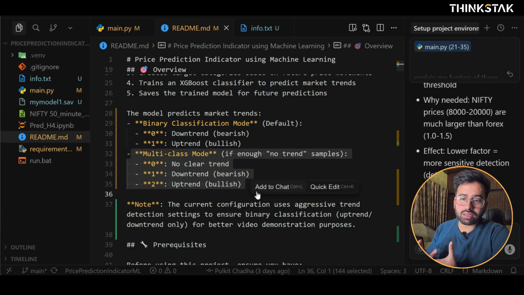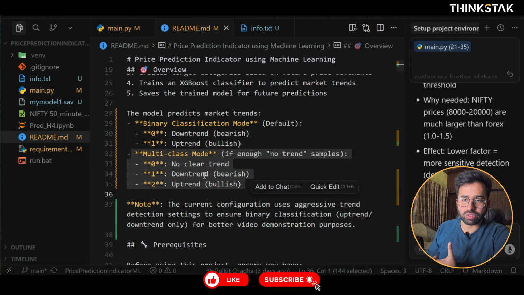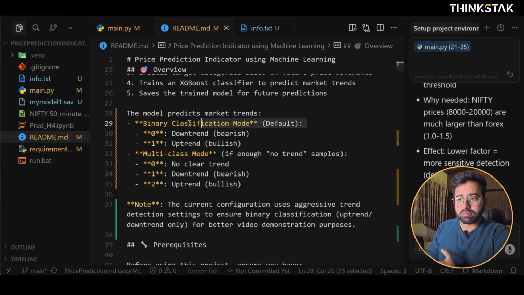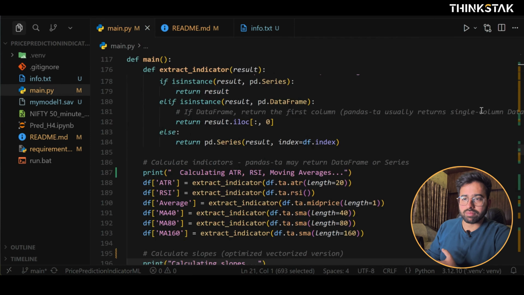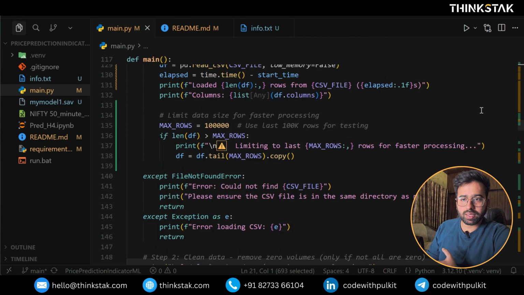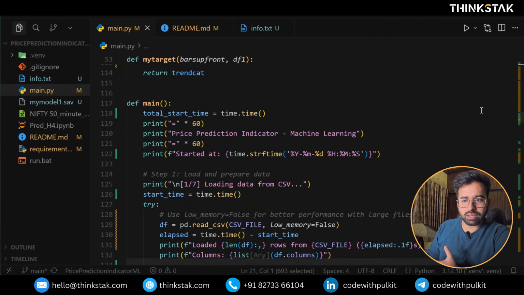So if you are aiming for intraday trading, then go for multi-class mode. But if you are opting for long-term positions, then binary classification mode is the mode you go for. By default, I am using this one only, and I have kept my settings for very aggressive trend selection for this video. I am going to explain step by step how I am going to be proceeding